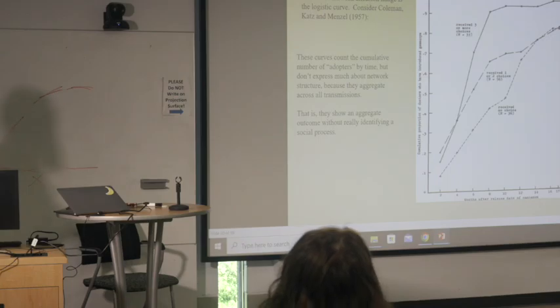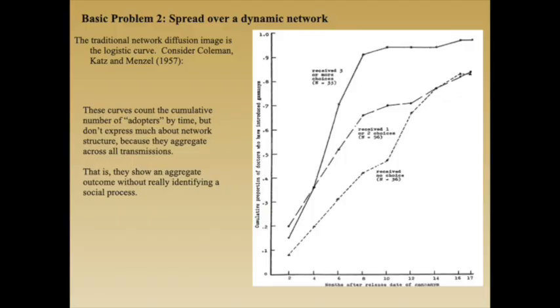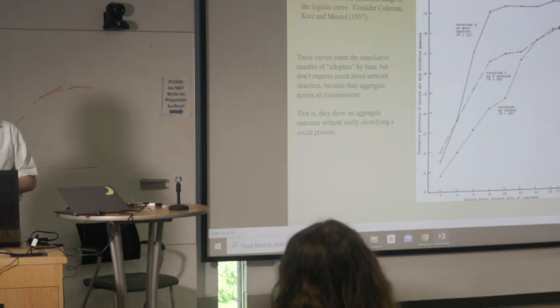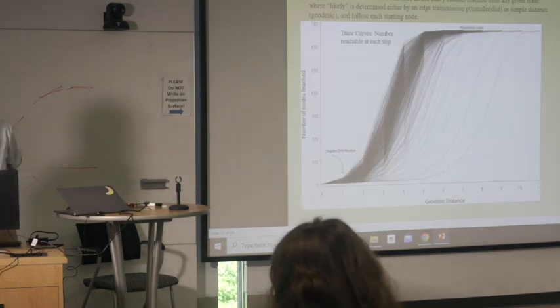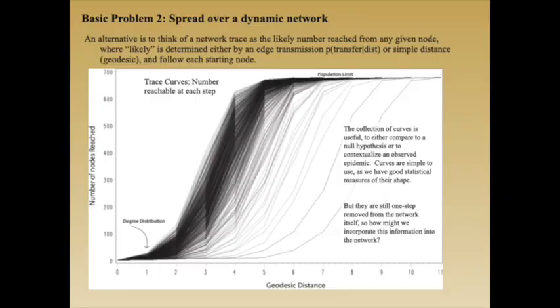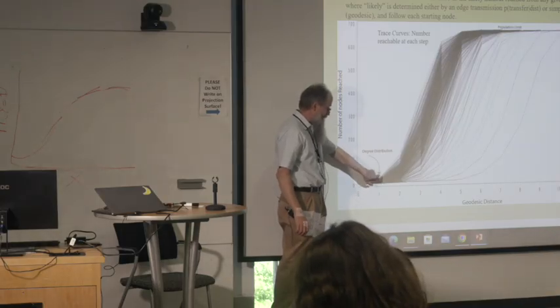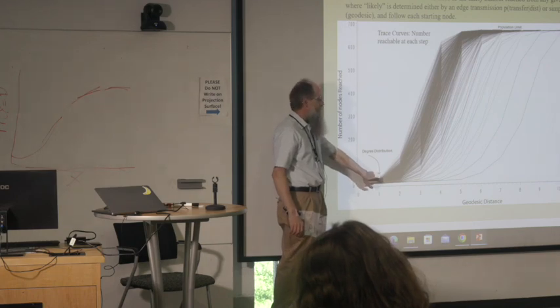The other thing you can do, this is the same graph that Tom showed a moment ago, is that you can instead look at a process on the network instead of the network itself. If we really care about diffusion processes, let's look at the adoption curve as opposed to the network, and maybe you'll learn more about the underlying setting than you would from just the network itself. And I like doing the adoption curves from all possible networks. So let's imagine what all adoption curves could look like on a network. This is your degree distribution right here. So this is the number of people who have ties, the number of people at each one-step distance, the number of people they could reach.